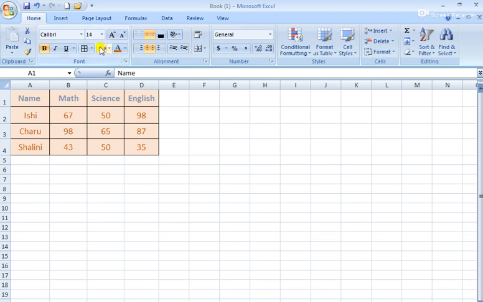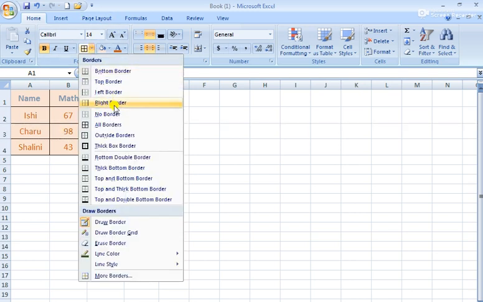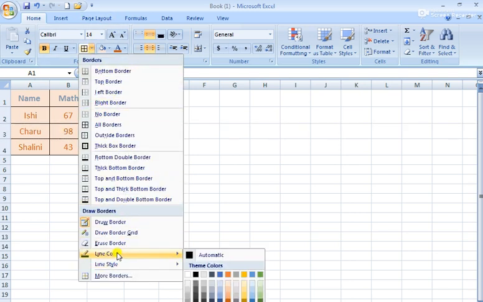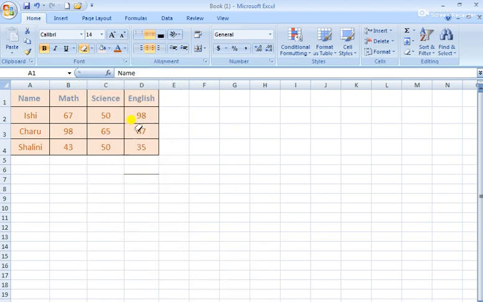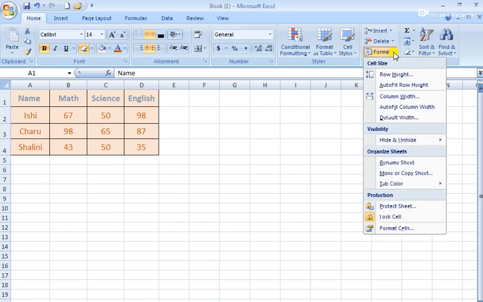Then I have changed the color of the border. I'm erasing it as it was drawn already. Let me erase this. The same formatting you can do from here, from this format cell.